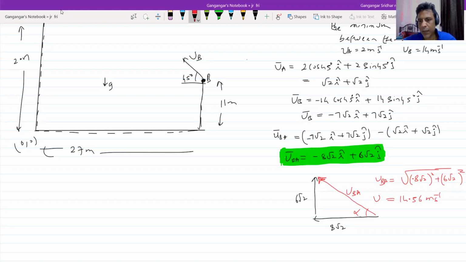14.56 meter per second. Okay, no, this is the thing. Okay, let's have in hand sine alpha, sine beta, so that they'll help us a lot. Sine alpha is what? 6 root 2 by